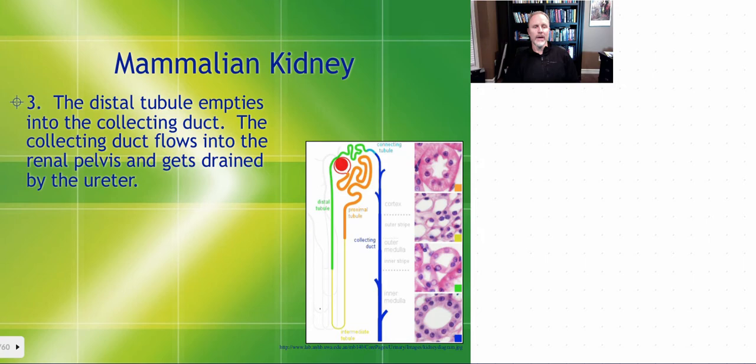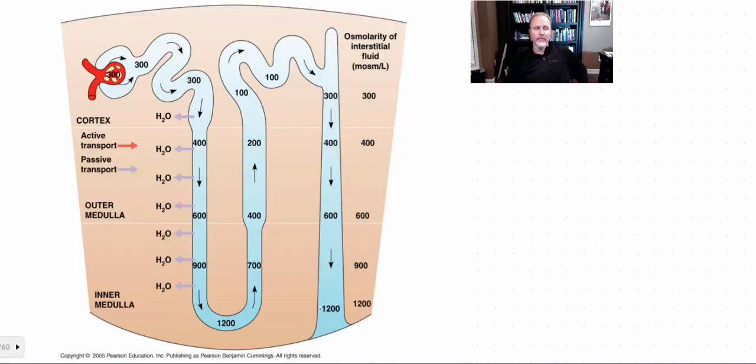Okay, so now this distal convoluted tubule, this is what's going to kind of empty into the collecting duct, and this is where the urine is actually going to get formed. So we can look through here. If we're looking just at the